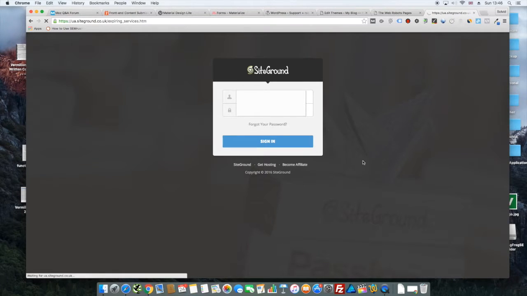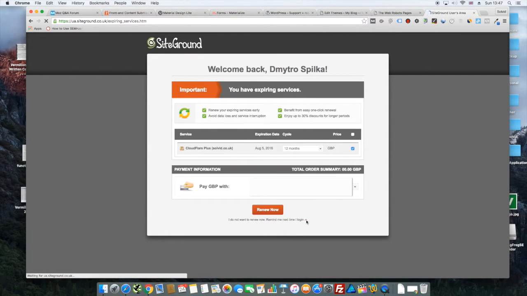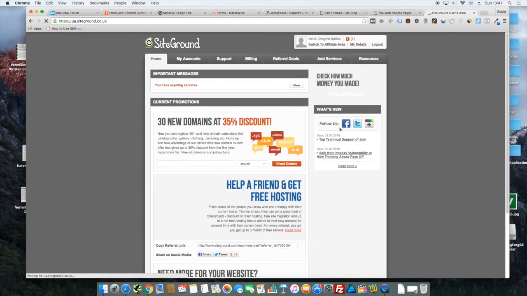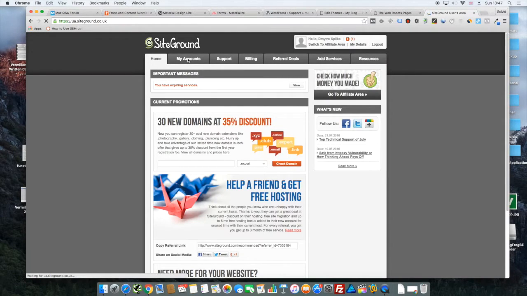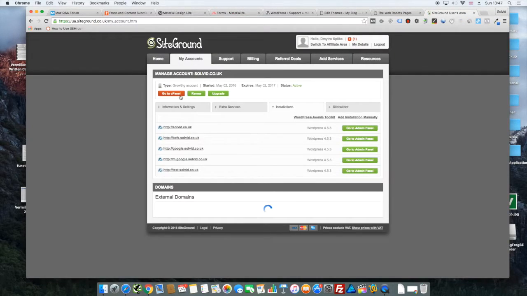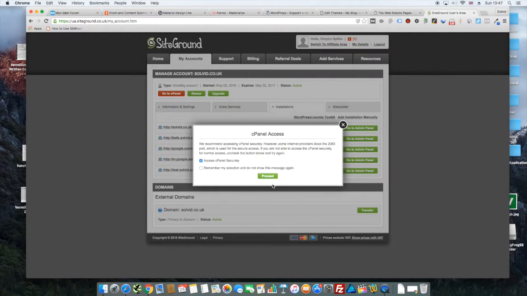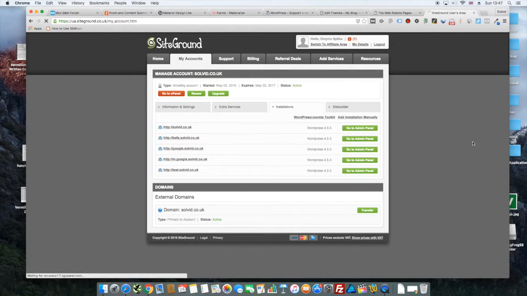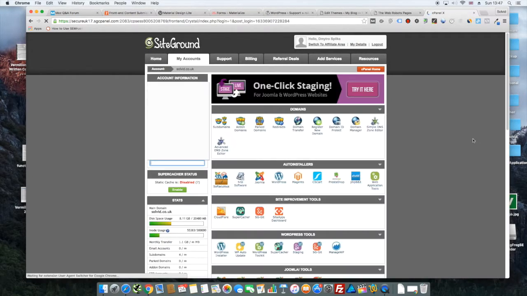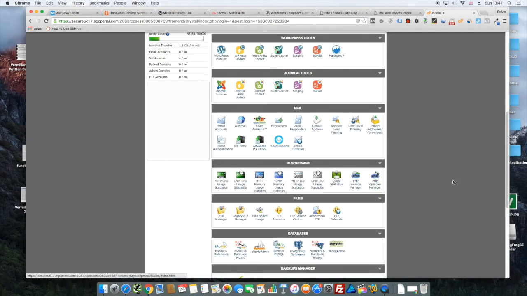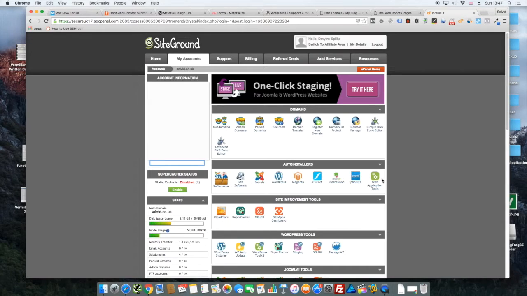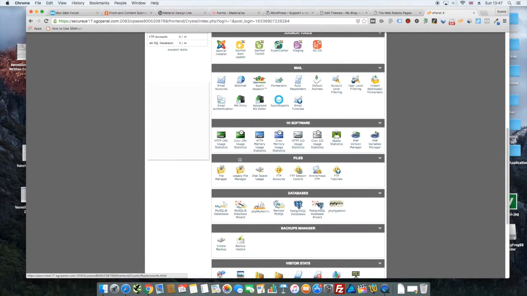So the first thing we'll need to do is to access the cPanel itself. And the process of accessing might be slightly different depending on the web host, but the overall idea should be pretty much the same. So here's the cPanel dashboard. It might look slightly different, but the overall design and the overall layout should be the same among all the